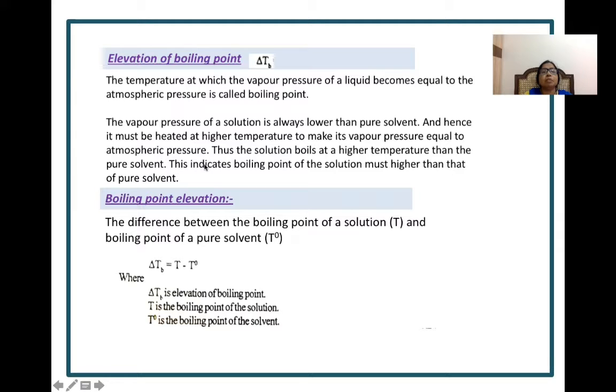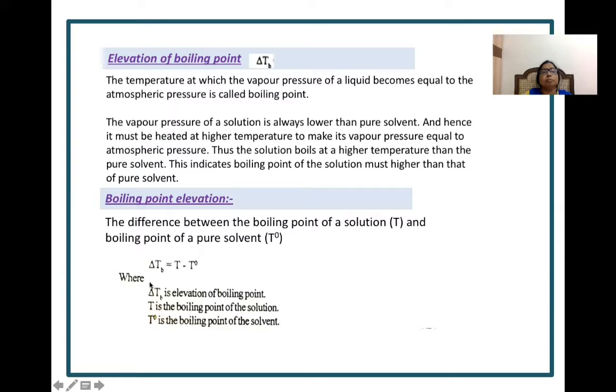This indicates the boiling point of the solution must be higher than that of pure solvent. So, boiling point elevation is the difference between the boiling point of a solution T and the boiling point of a pure solvent T naught. So, delta TB is equal to T minus T naught,